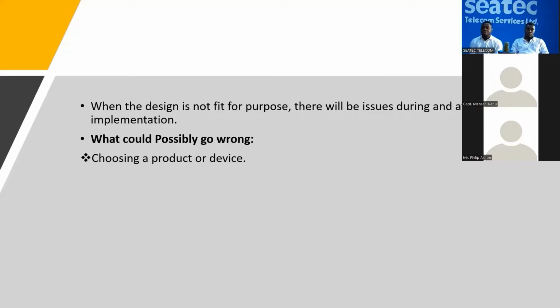When the design is not fit for purpose, there will be issues during and after implementation. What could possibly go wrong? Choosing a product or a device. When the product or the device is not fit for purpose, for example, let's say you're going to deploy IP-enabled devices such as IP phones and IP cameras, you would have to make sure that there won't be any points of failure. There are solutions whereby you see PoE injectors being used in between such solutions or such a design. At the end of the day, it's going to create a lot of issues,